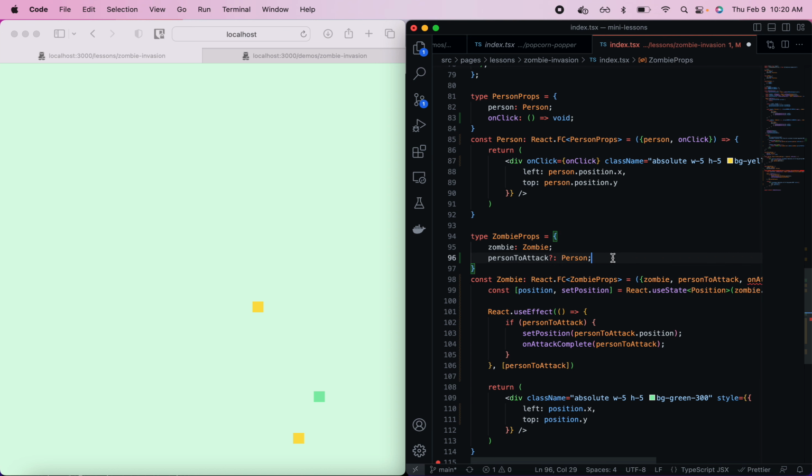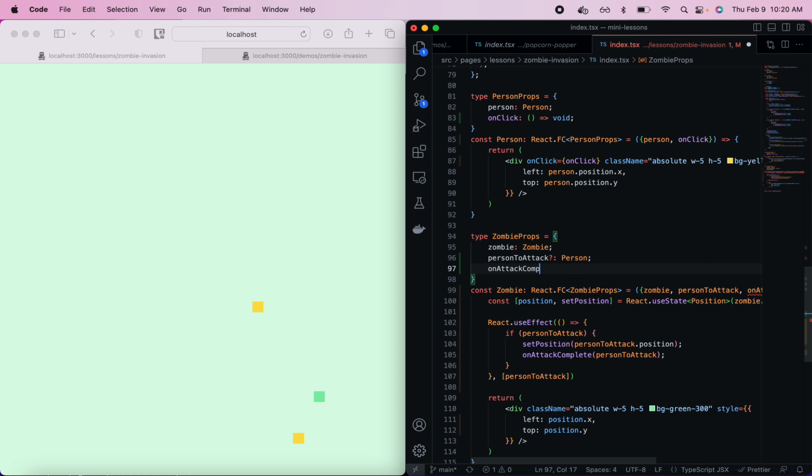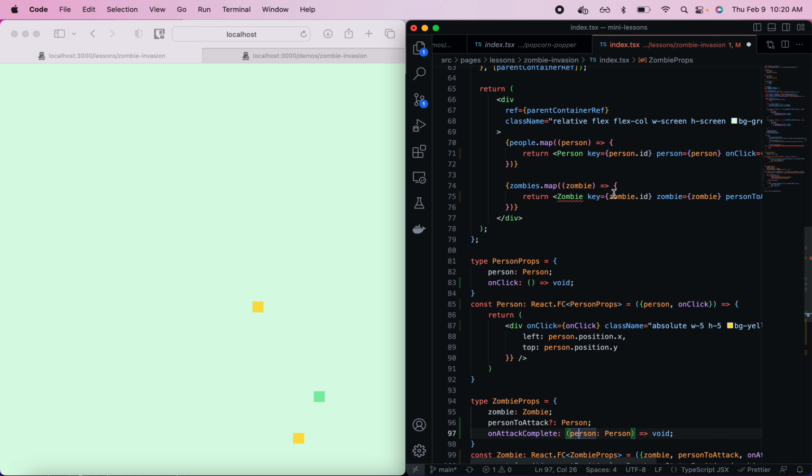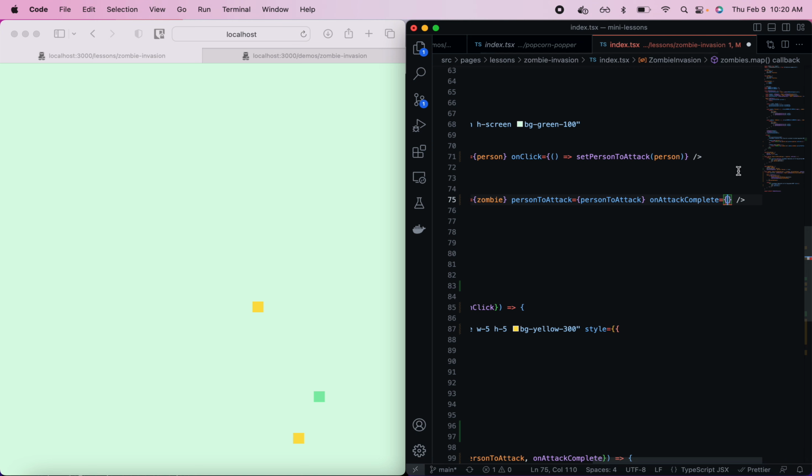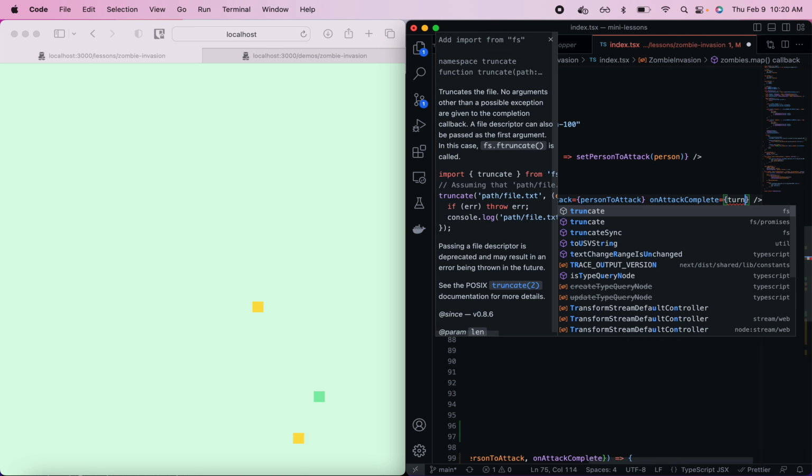And then we're going to add this to our type definition as well. So onAttackComplete is going to take a person, and it's just going to return void. And now if we go back to our zombie, we need to pass this in: onAttackComplete is going to turn person